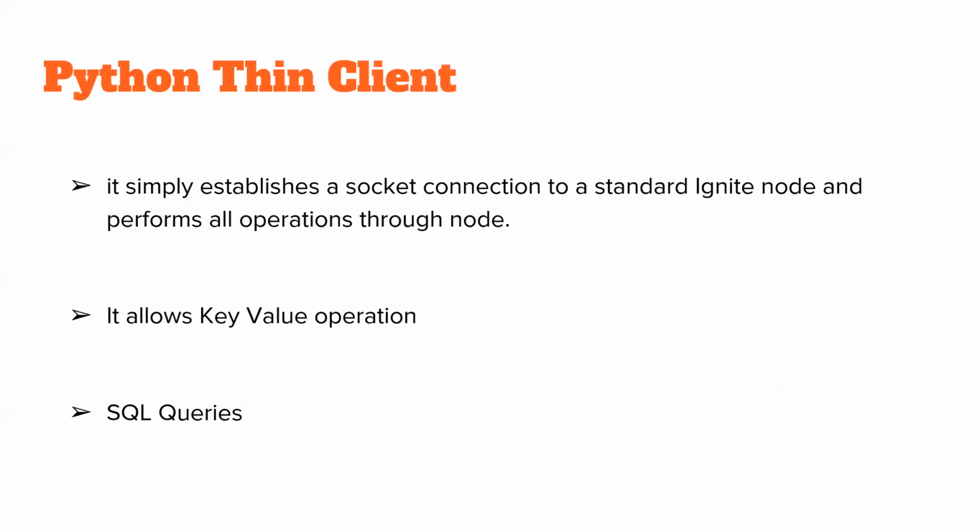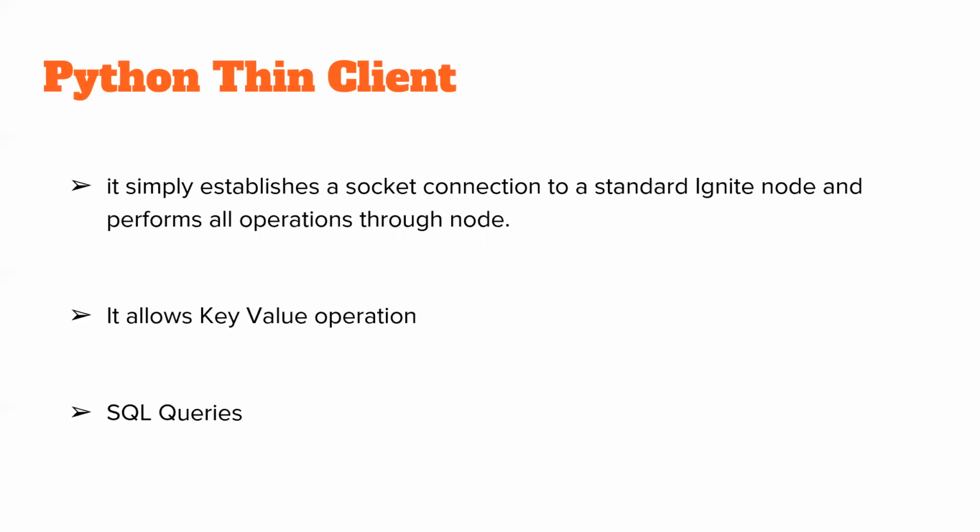The Python thin client allows your Python application to work with an Apache Ignite cluster via the binary client protocol. This thin client is abbreviated as PyIgnite. A thin client is a lightweight Ignite client that connects to the cluster via a standard socket connection. It does not start a JVM process. Java is not required at all. It does not become a part of the cluster topology. It never holds any data or is used as a destination of compute grid calculations.